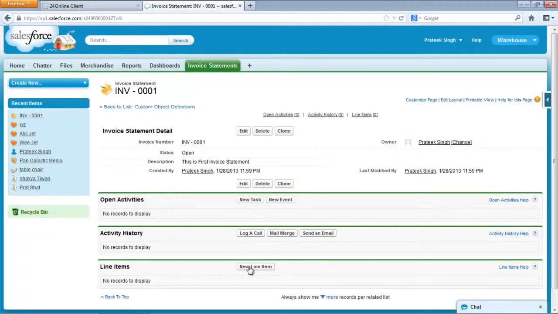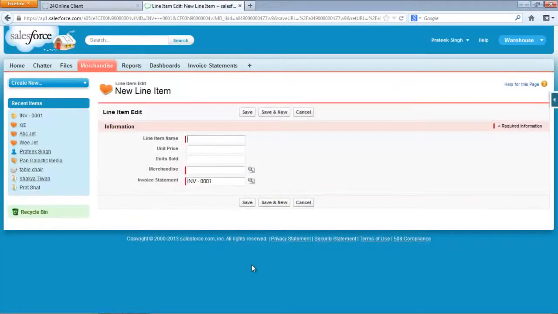So since we have a child there, we have this line item, although we have not created a tab for the line item object, but still we can add line items from the related list. So let's click on line item, new line item, and let's add one line item. The first thing it's asking for is the line item name, and although it could be anything, we can click on one. Now let's create unit price, maybe 10. Let's have units sold 4.